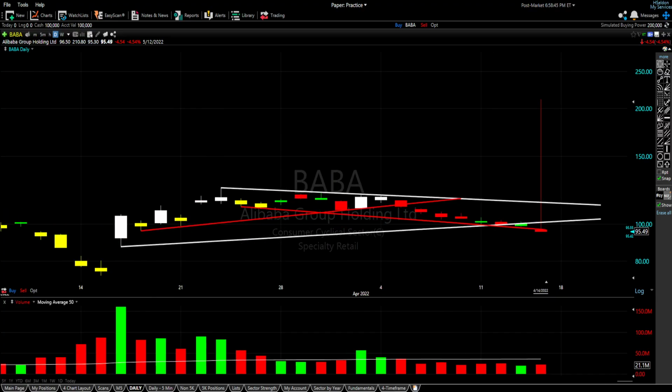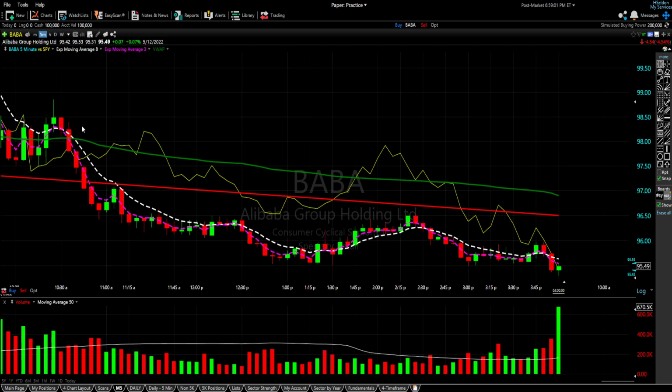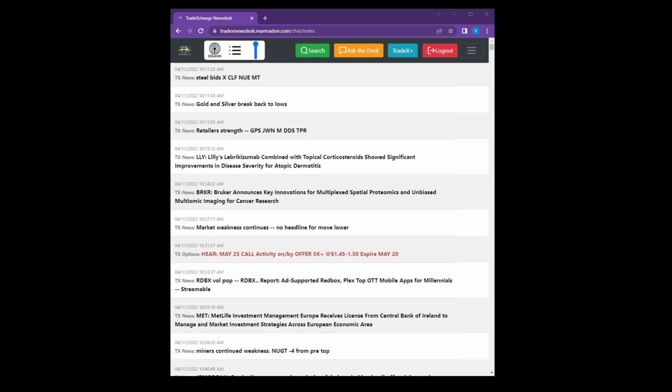Now you can see BABA broke down below its upward sloping algo line. It broke below its algo price point. BABA is pretty damn bearish. And this is a really bearish M5 today. BABA was a good trade. And in fact, the put itself is in profit. But because I did not want to balance, I decided to pretty much mitigate this, even though it will still,